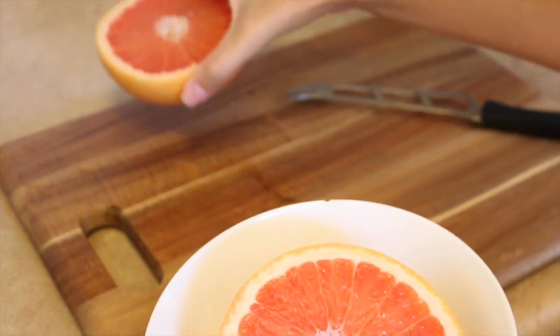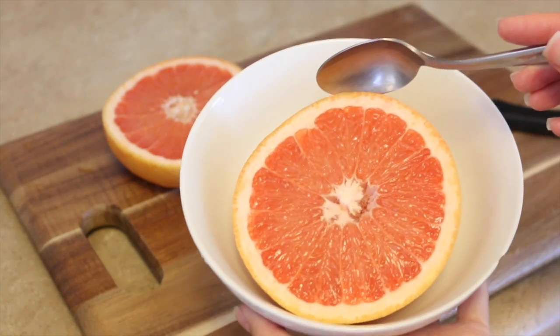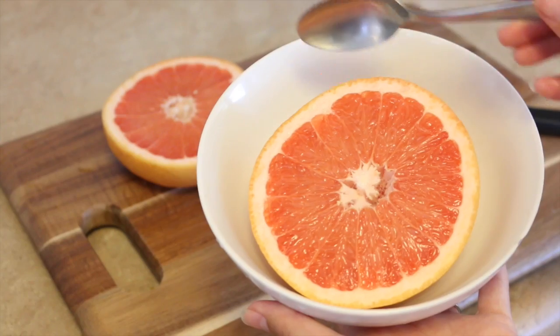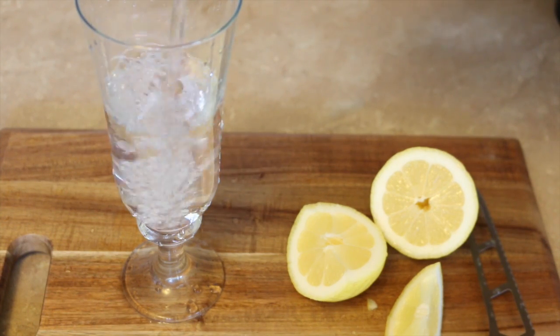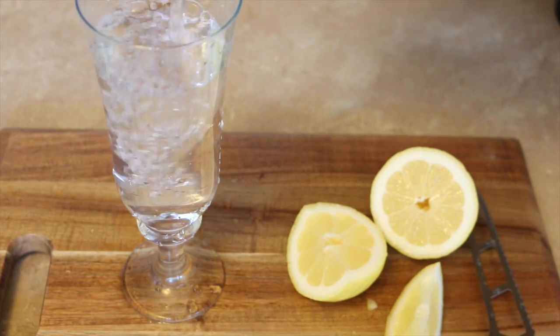We buy a big bag of these at Costco. They are so good. They're juicy, delicious. They're high in vitamin C and antioxidants like lycopene. They're just really good. And then I'm going to have a big glass of water before I go,